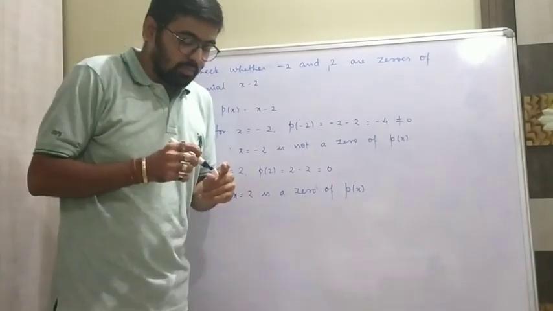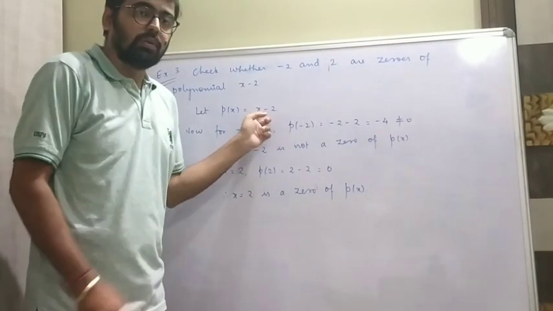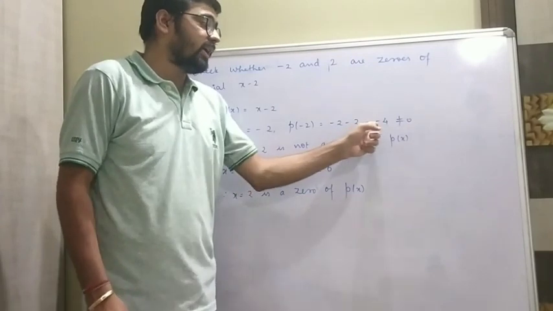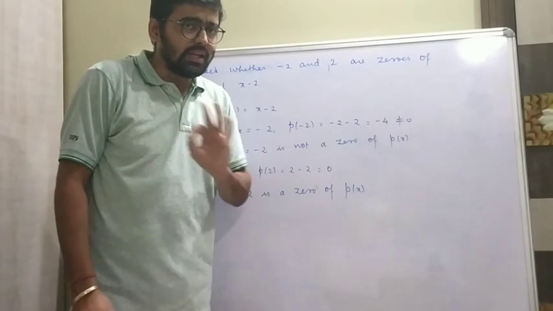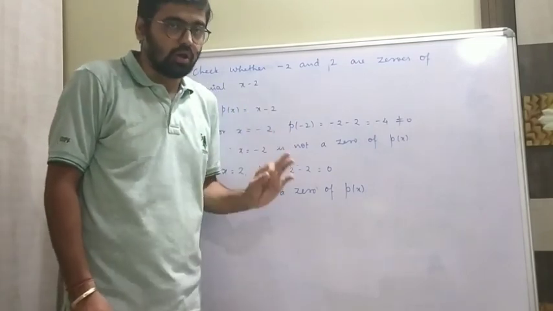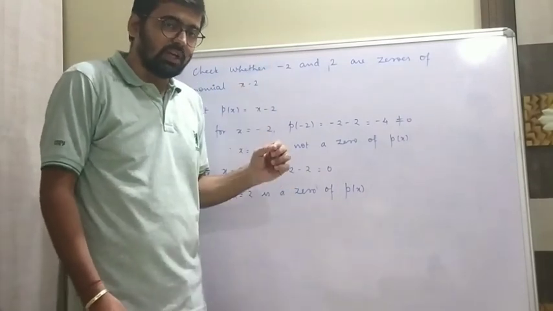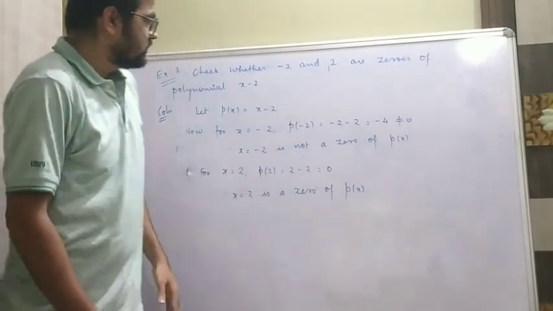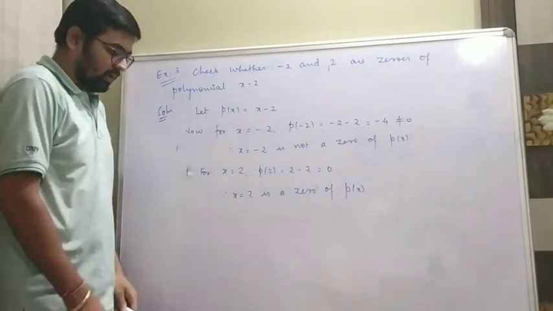Are you getting? So by replacing one by one both the values in a given polynomial, if I get 0, that becomes 0 of a polynomial, and if I don't get 0, that means it is not a 0 of a polynomial. Very easy, very simple and straightforward problem. There is no difficulty at all. If you find it difficult, please rewind the video, watch it again carefully, and you people know where to ask doubts. Simple. Sure. So pause the video, note it down, then we'll move forward.